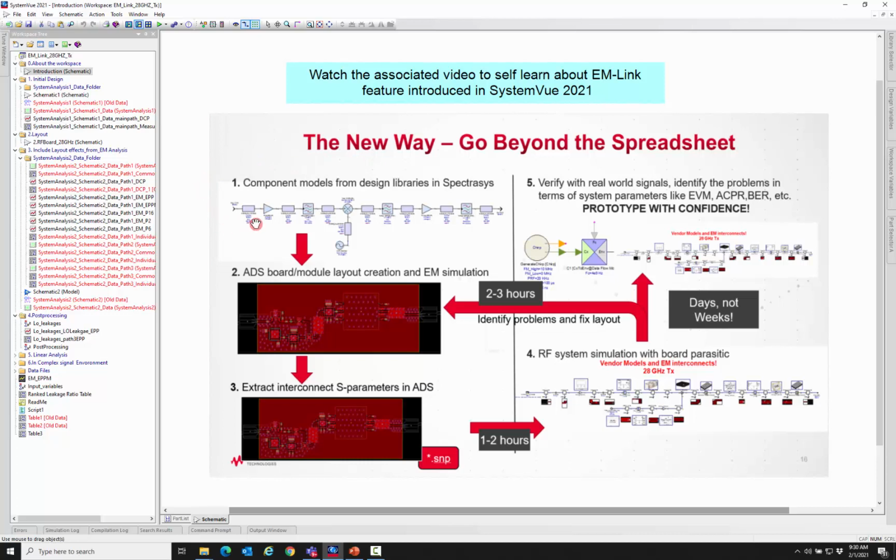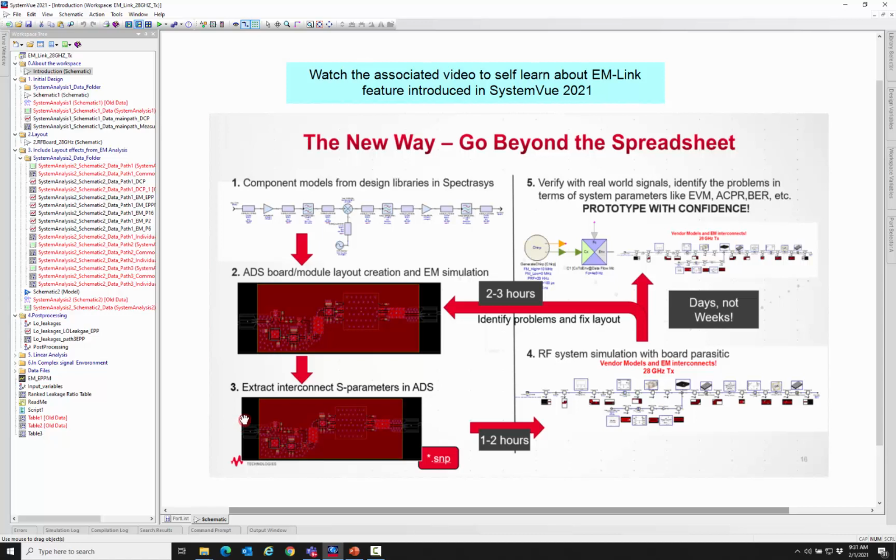Let's say we have completed a lineup as shown here and performed optimization, analysis, etc. to arrive at a required specification. After that is done, the natural progression is to build a layout for those parts, knowing their footprints, knowing the interconnect details, and knowing the substrates, etc. Once the layout is done, one can use an electromagnetic simulator to simulate the performance of the layout itself without